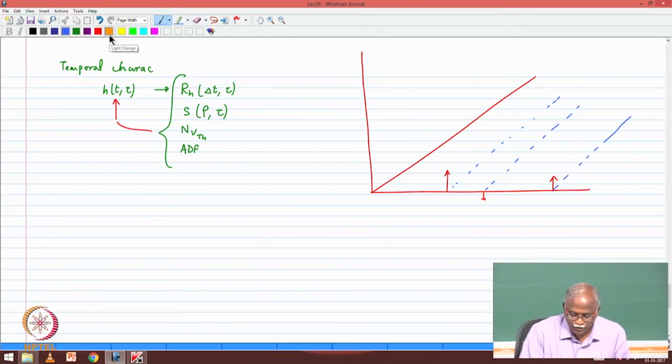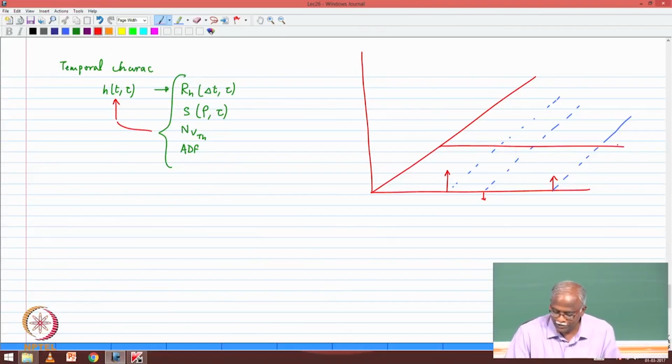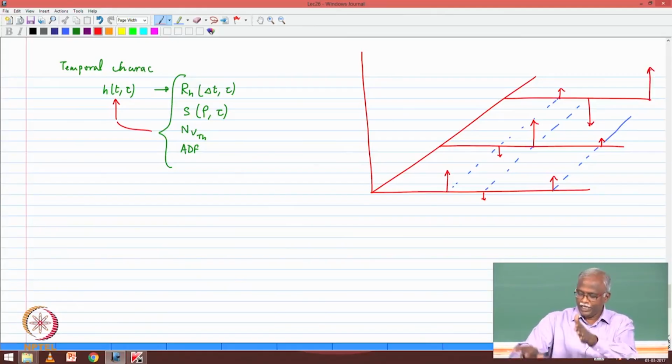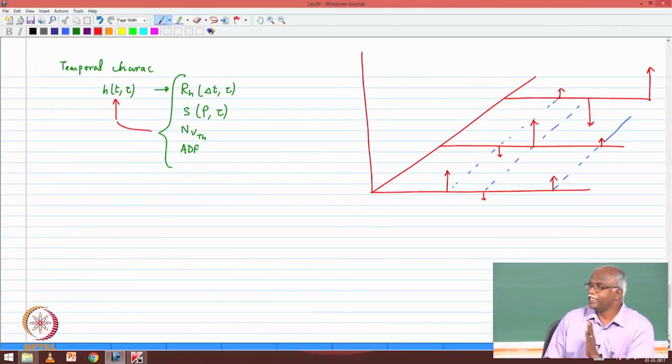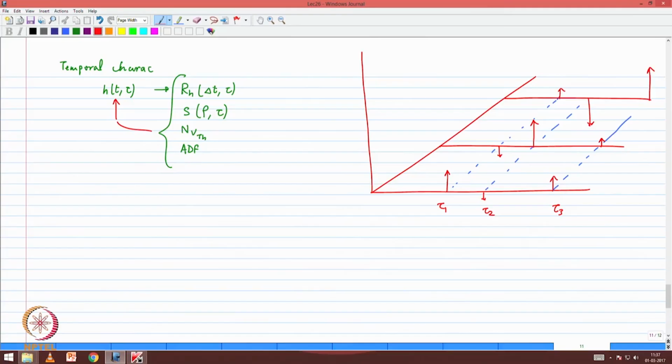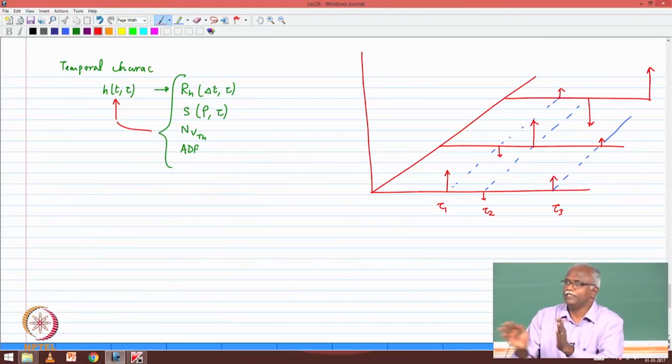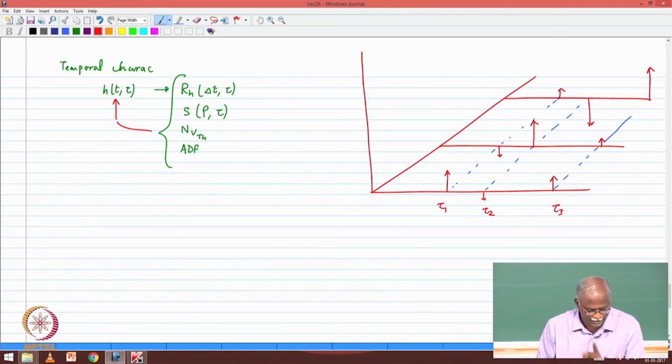Now if I look at different instances of time, another snapshot, at this time this channel is negative, this one has become something very large, this one is something small, maybe a third window where once again you are positive, this one has become negative. Some variation, but notice that you are interested in variations in the time dimension for the different delays. Let me call these tau 1, tau 2, tau 3. This is what we are interested in characterizing. Of course these taus can also change, but in a reasonable window of time you can assume that taus are remaining steady, and therefore you can do the following analysis.